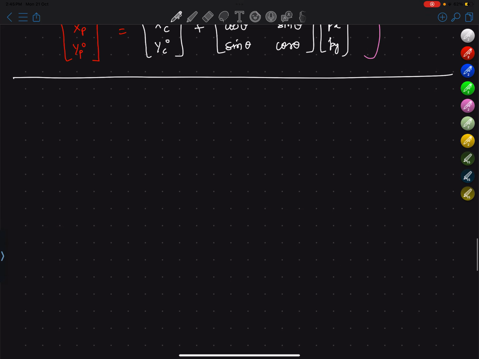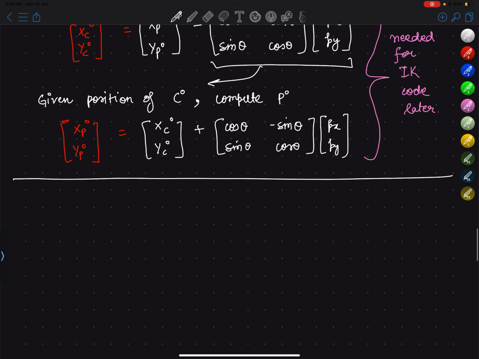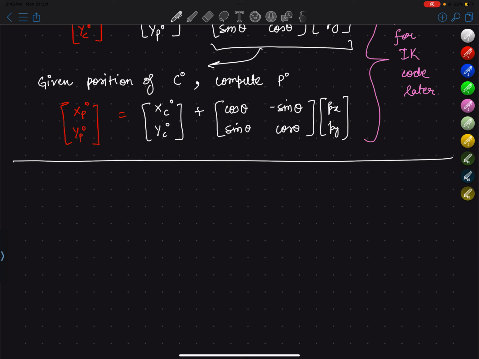Now we have this equation. Let's differentiate it with respect to time. What will happen? Let's differentiate this equation itself. Okay, so what we'll get is